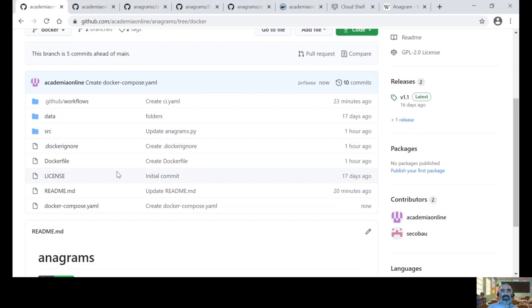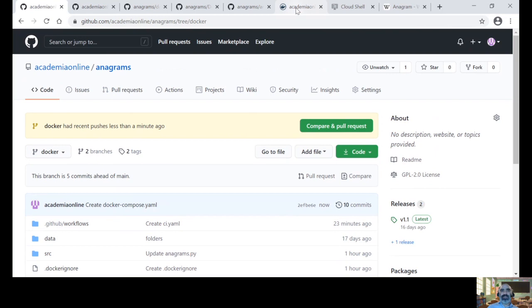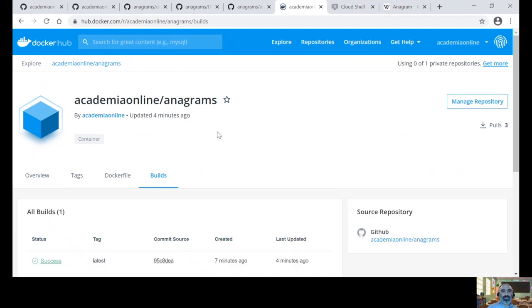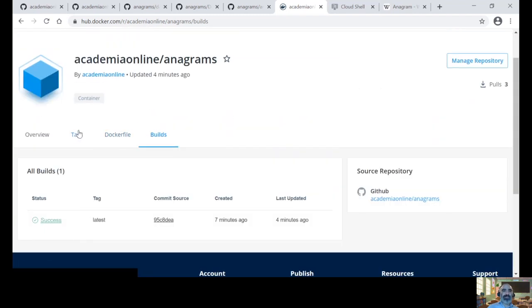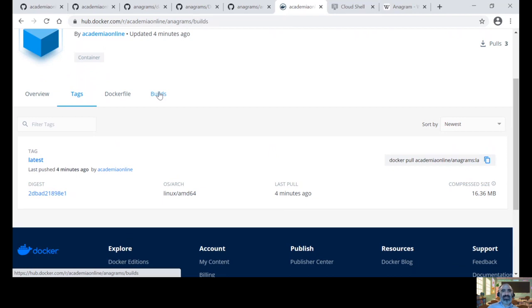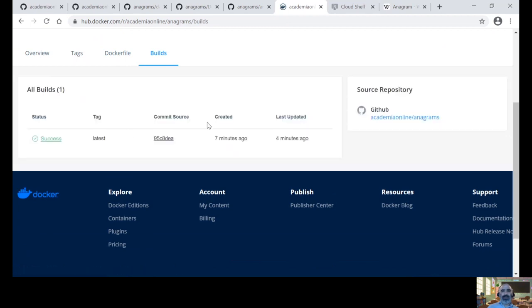Now I can just use it. So let's see if the image is already available. As we can see here in builds, the image is already available. The tag was pushed 4 minutes ago, latest. And in the details of the builds, I can see more details of the build. Clicking here,